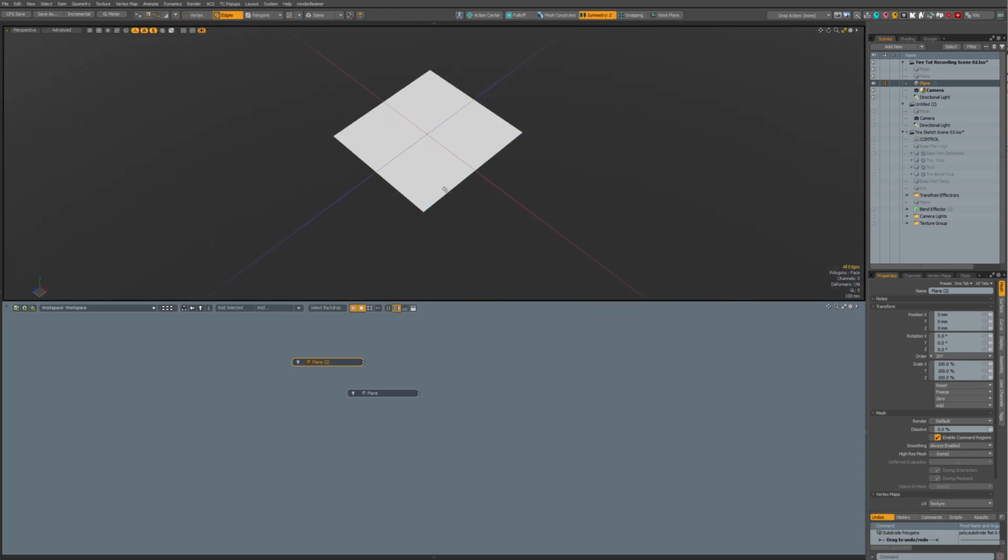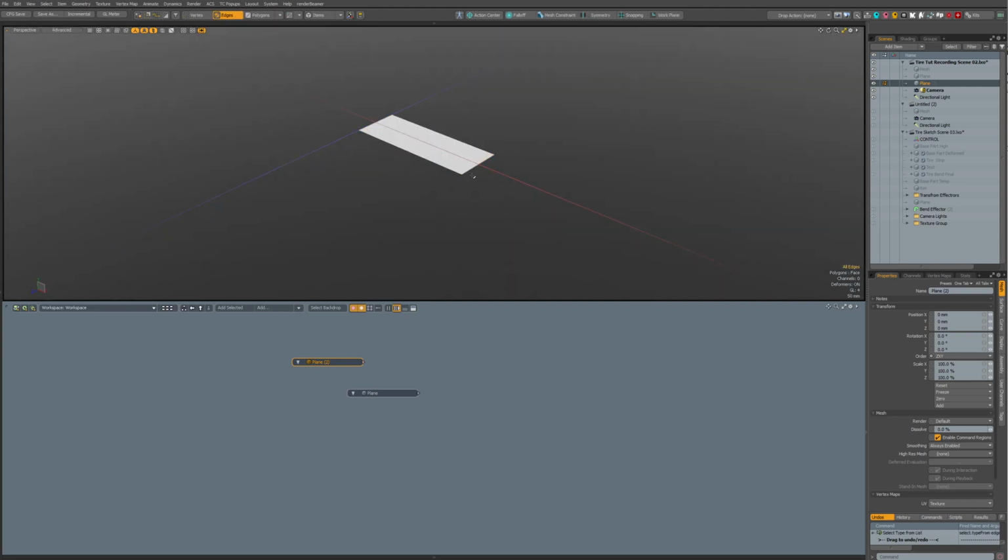So let's subdivide it again and then delete those and then make it a bit smaller, and let's move this with Control and Shift.